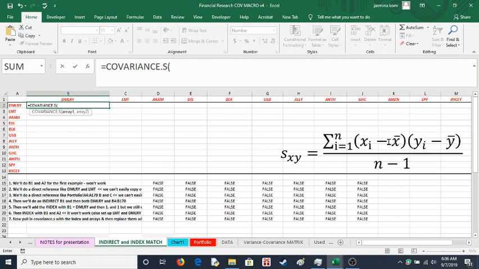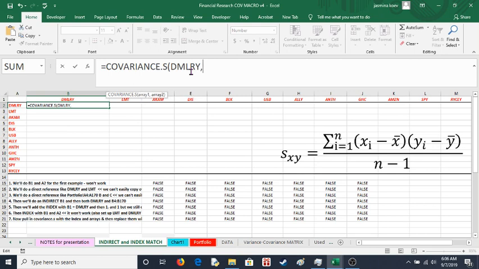This is using the symmetrical. I think maybe the geometric mean is another one we'd want to build. Perhaps the harmonic mean is another one we want to consider, but let's keep it with what the system can handle right now. We're using S for sample, and we know we're using the symmetrical mean in the covariance.S calculation, and we will do